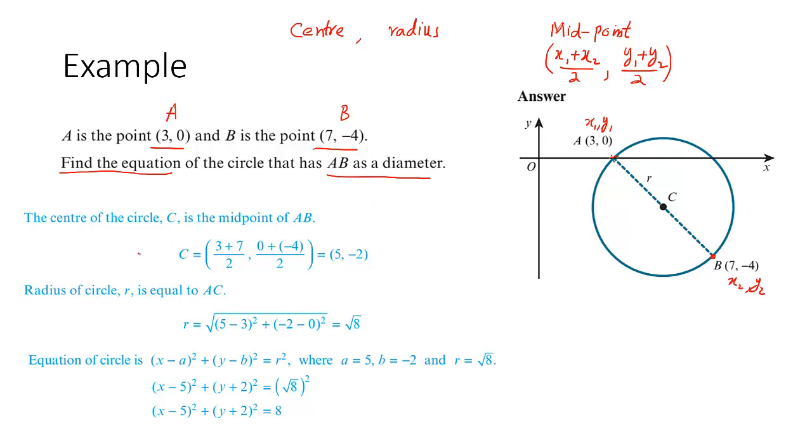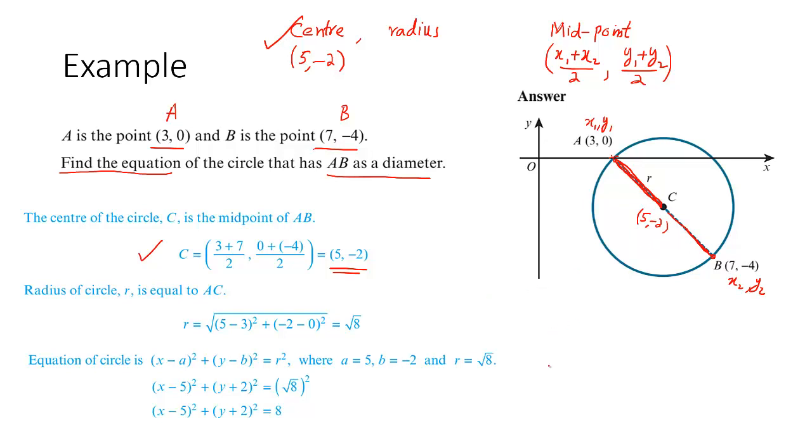So the working is over here and this is the center of the circle. We have obtained the center of the circle, which is 5 comma minus 2. The next step is to find the radius. Student, the radius is the distance from the center to the border of the circle. Take any part. I will pick this one to find the length of this portion of the line. This will give me the radius. You can also pick this one and you will get the same answer, whatever you like.